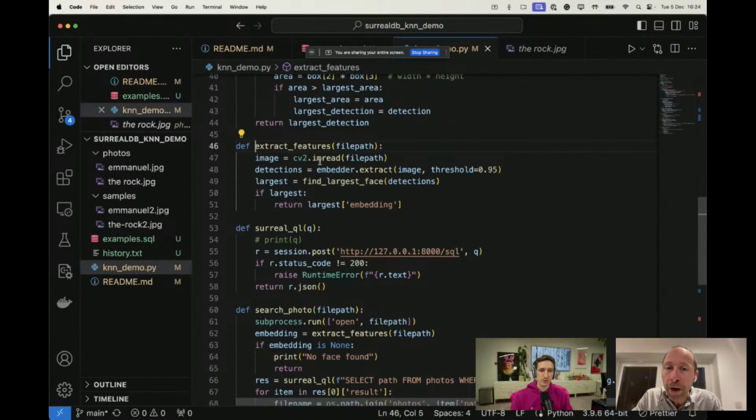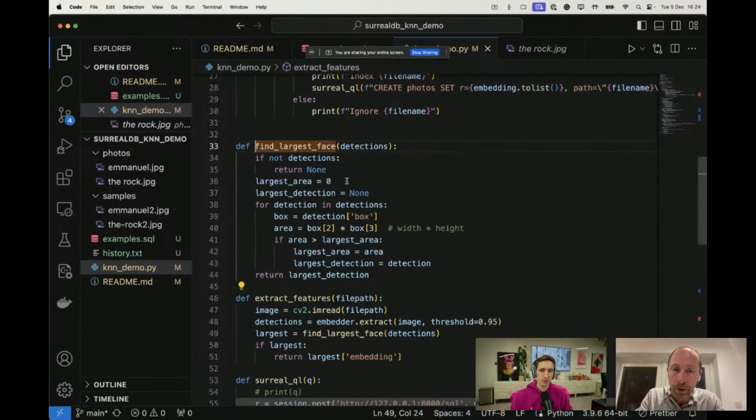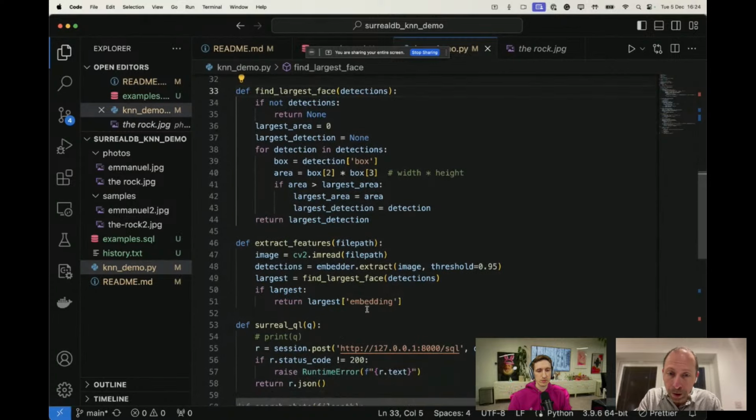It's here. I read my image. I use the embedder, which is FaceNet, and what is this thing going to do? It is going to identify in the image how many faces there are, and for each face extract the features, right? And so it's pretty simple. When it finds faces, I try here to find the largest one. There is only one face in my images, so it's simple. And then it generates a vector that defines the face that has been found in this image, right? So it's pretty simple. And I will run it.